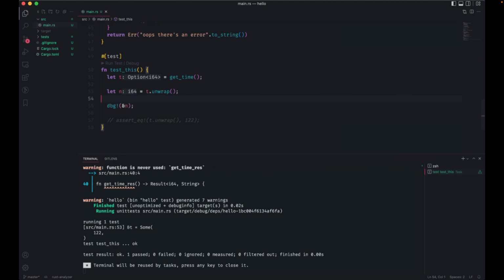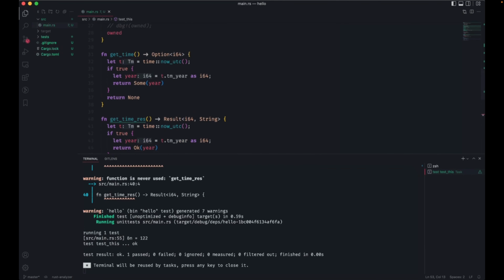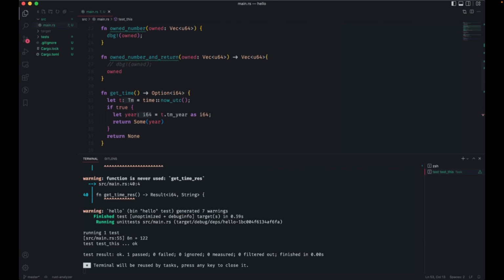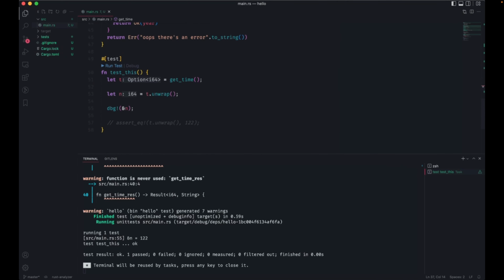This is not great error handling, but it is error handling. But what happens if I run this and it's a false instead, and I'm forcing it to return a none, and I use the unwrap?